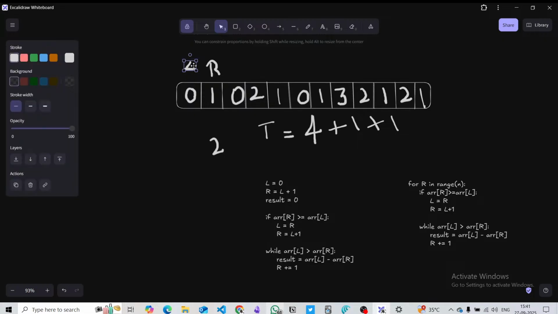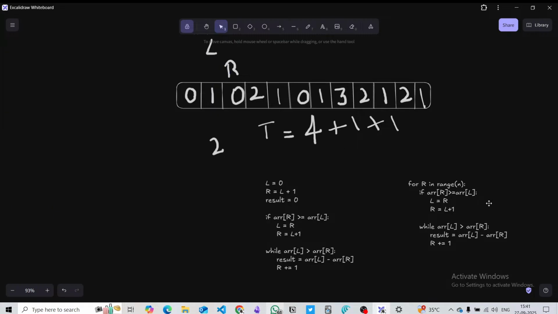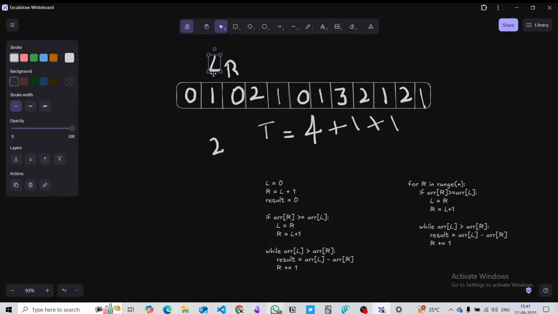So we just move this here and then this one here, right? Now what we need is, so while array of L is greater than